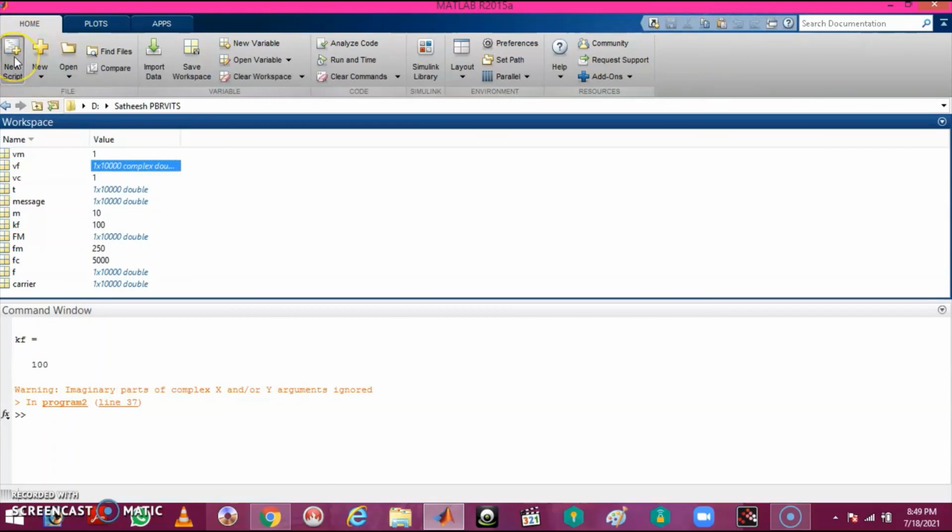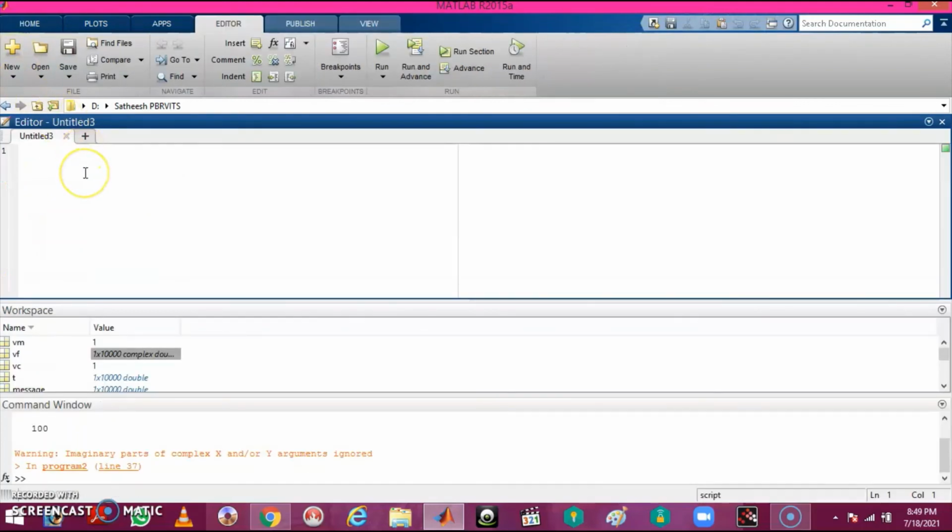In the editor window, you are going to type the program: clc, clear all, close all.